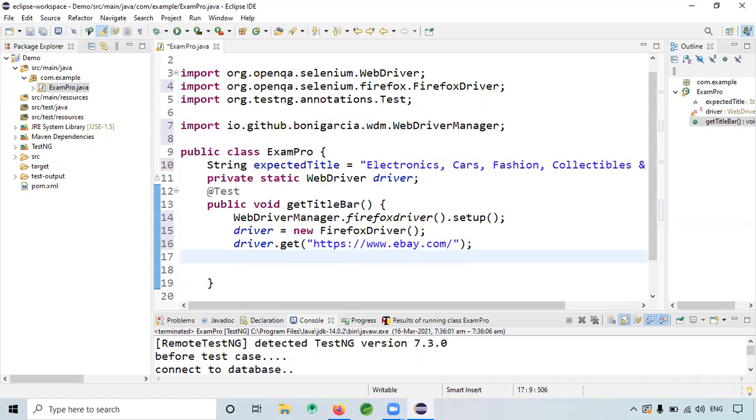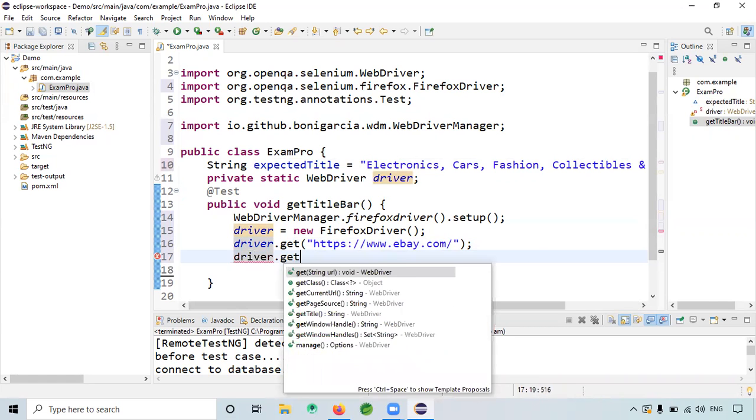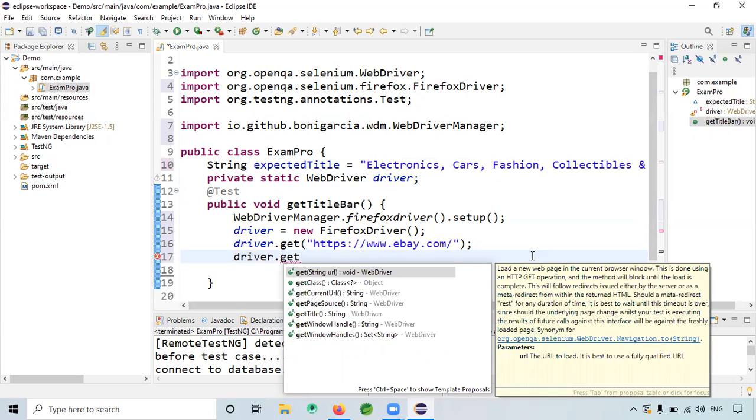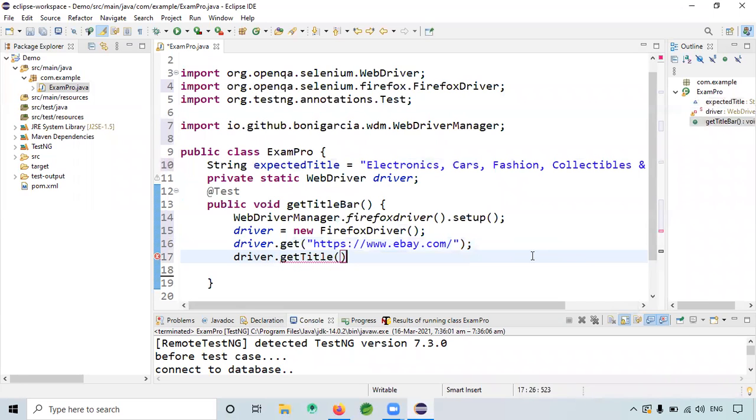So for that, I have to give driver dot getTitle here. So this actually gets me the title. So that I will store in String actualTitle.